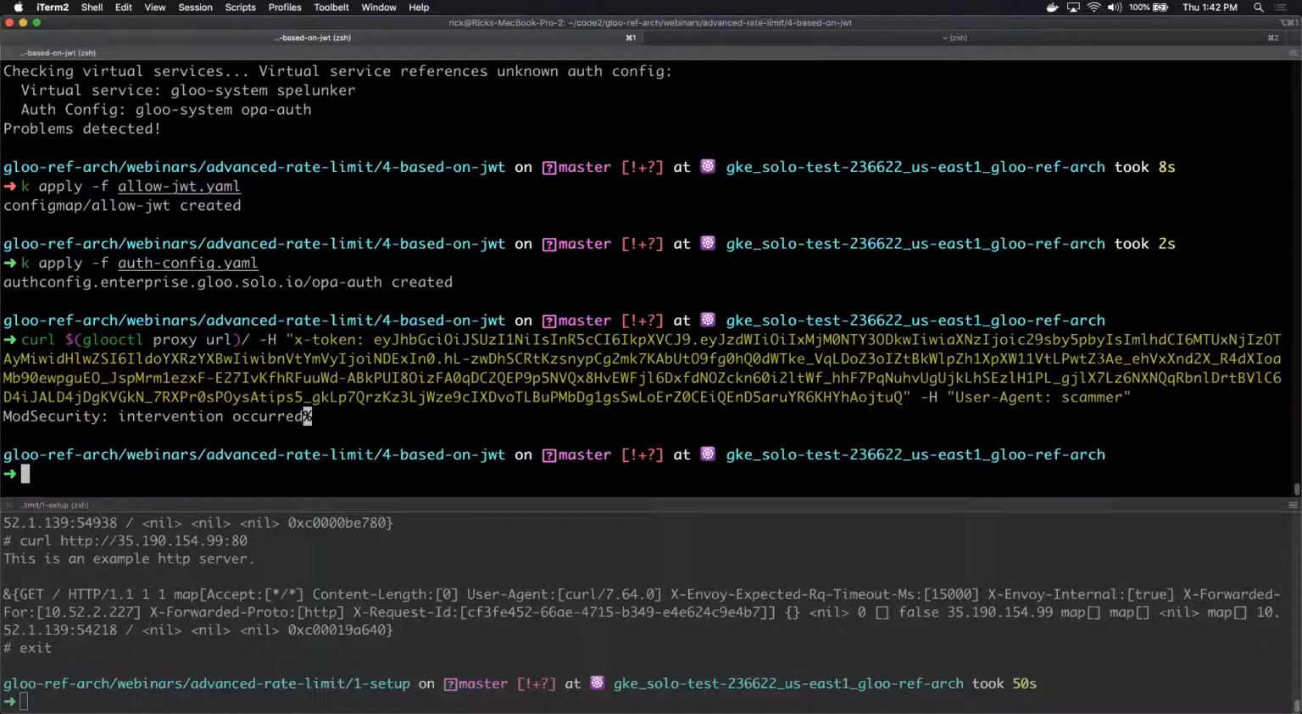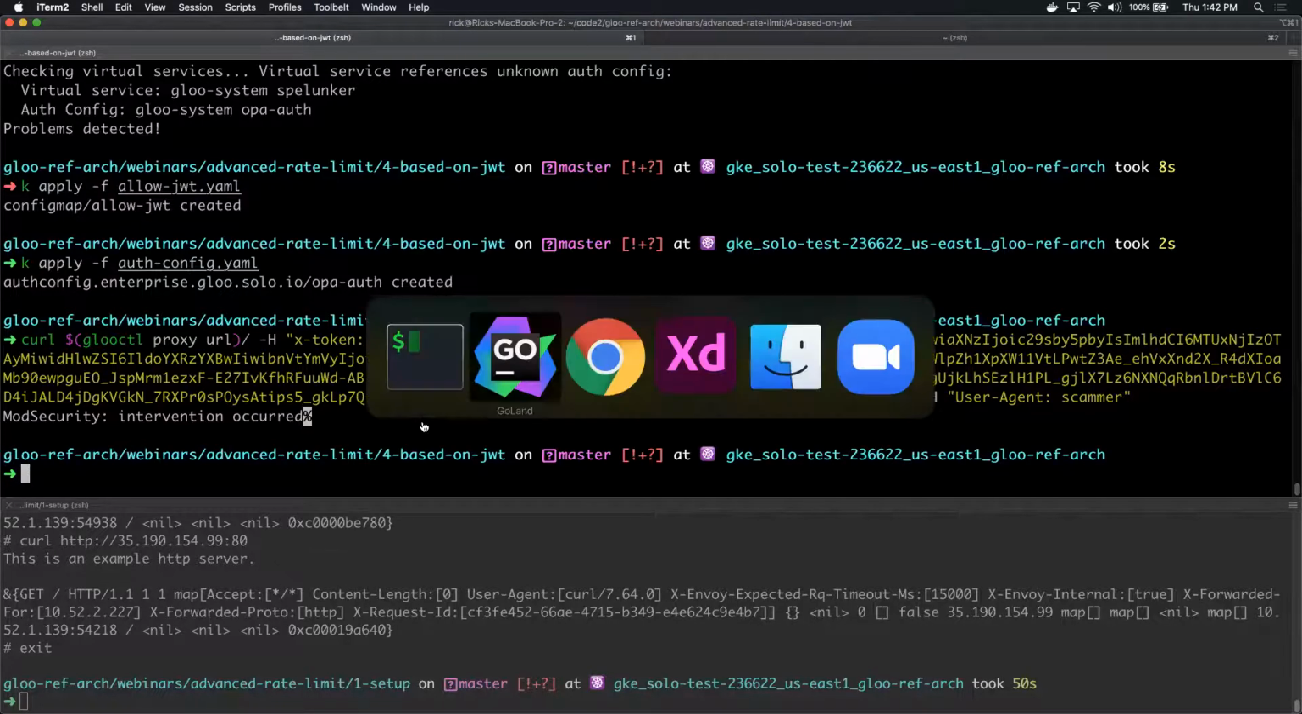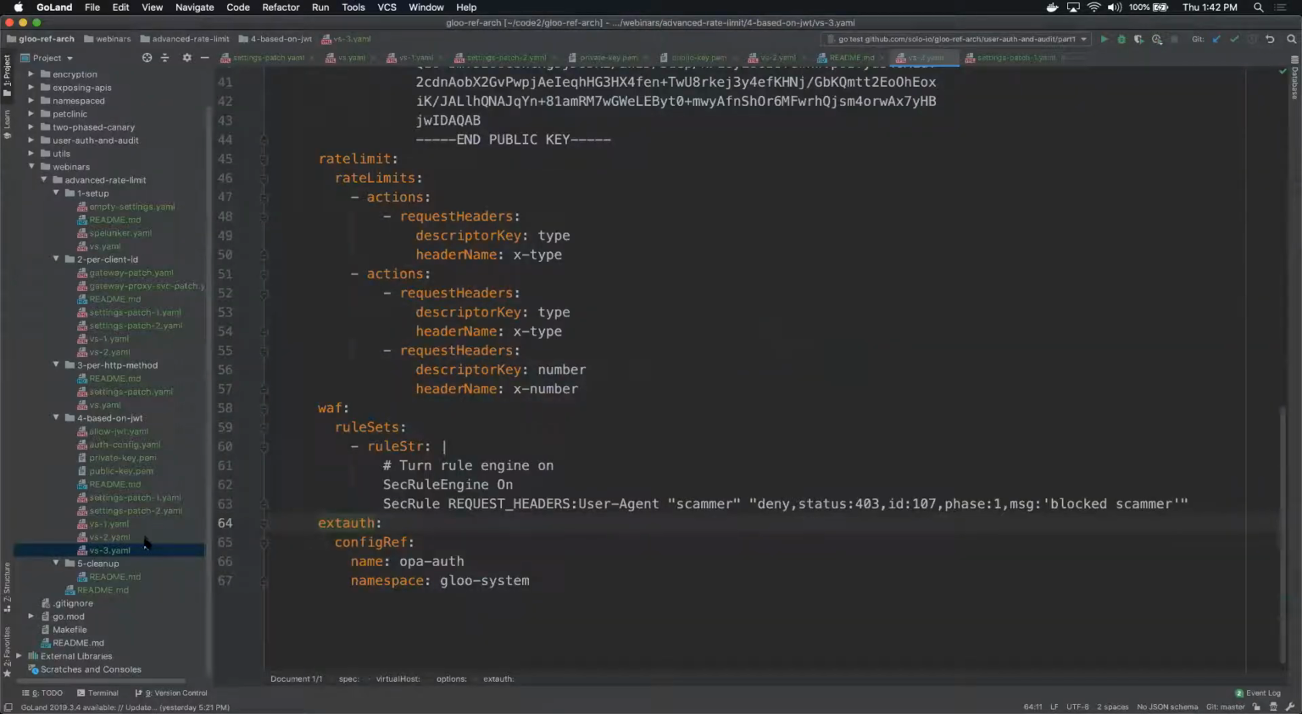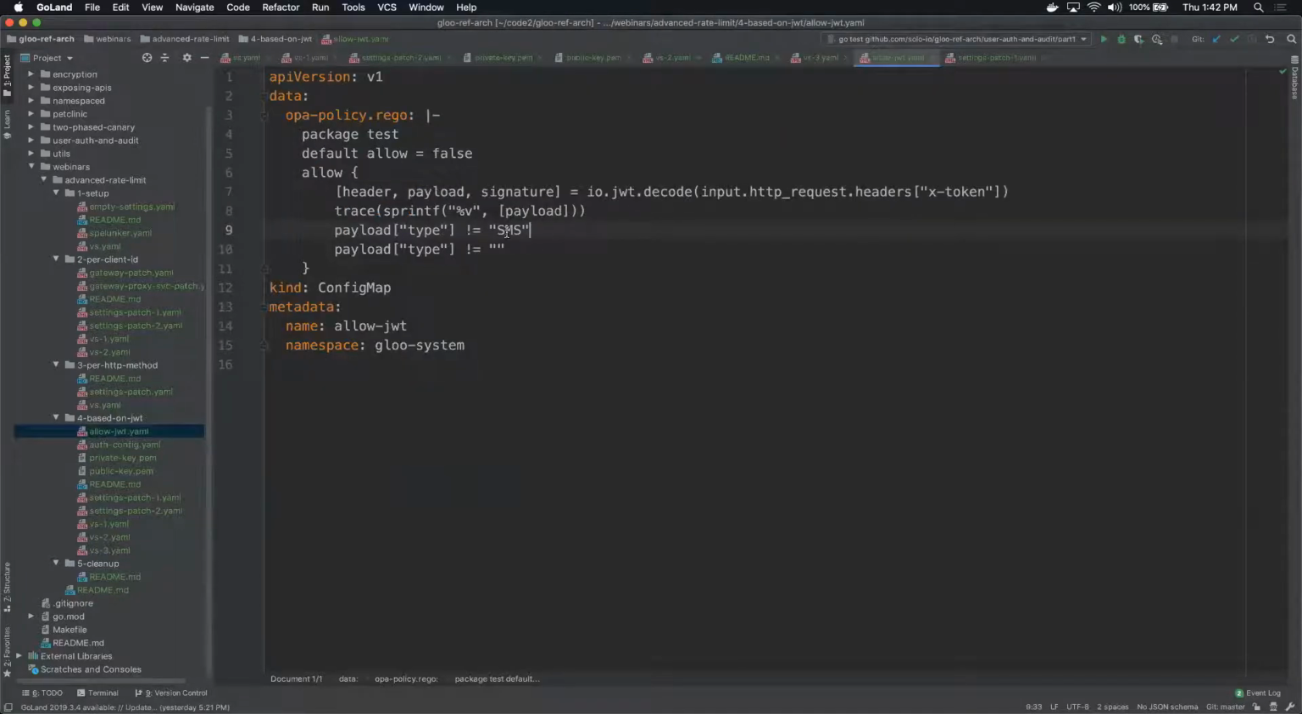Okay, so now we can see that this triggers a rule that we had put in front for our WAF. So we actually can get an intervention even before rate limiting. We can also layer rate limit on top of other features like OPA or external auth. And in that way, we can do things like block requests as unauthorized if they're for a type that we